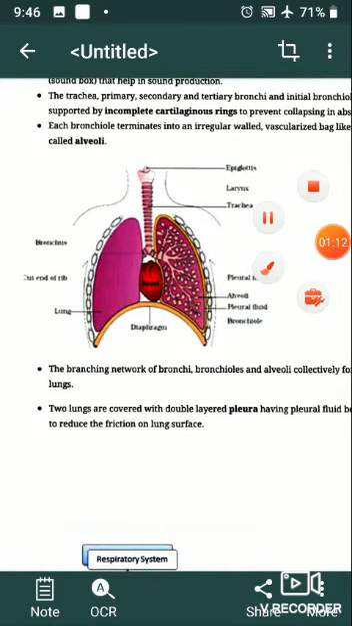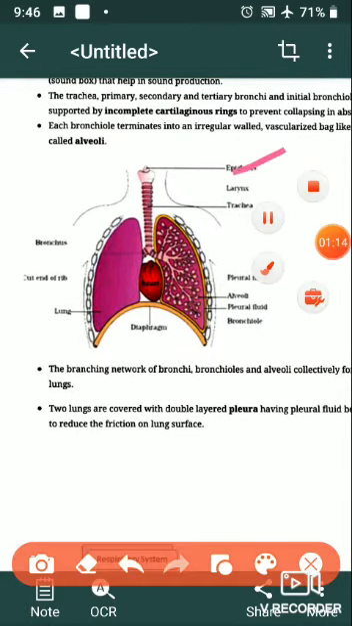Epiglottis. Leaf-like structure, the epiglottis. It is a small thin flap at the back of your tongue that moves to prevent food or drink from entering your lungs when you swallow. Next,